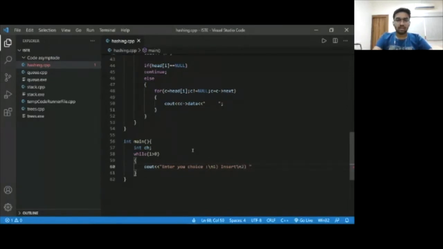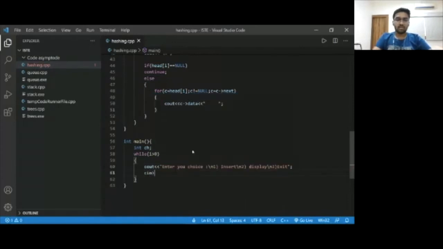The second choice is to display our hash table, and the third choice is to exit. Right now we are in an infinite loop, so if you do not exit, it will keep on running. So we have put in our choices.